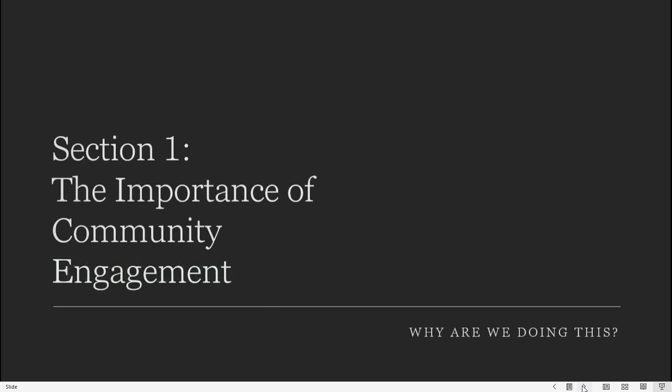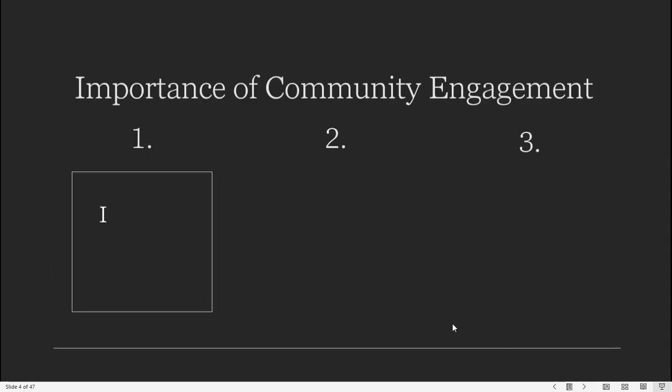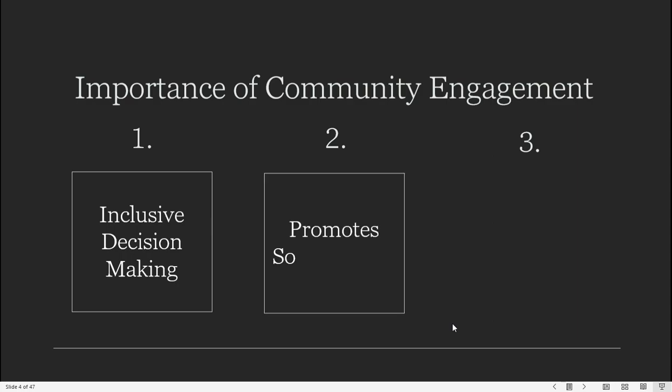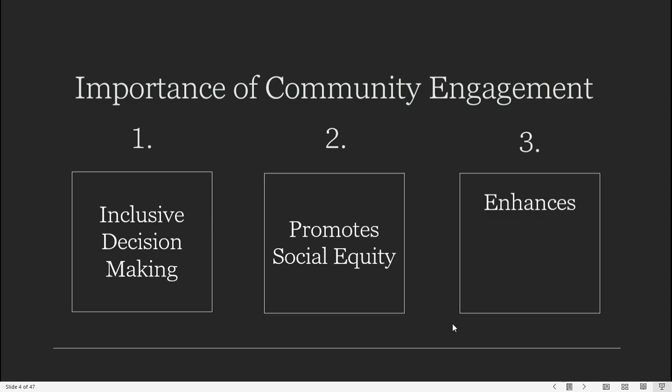Community engagement is one of the most important matters to ensure that a city's urban planning department is working for the benefit of the community. It ensures inclusive decision-making. It promotes social equity, and it enhances the effectiveness and sustainability of plans and projects. By implementing community engagement, we participate in inclusive decision-making, where we ensure diverse perspectives are considered. This can enhance the opportunities for stakeholders and the community by providing overall support for future urban planning plans and